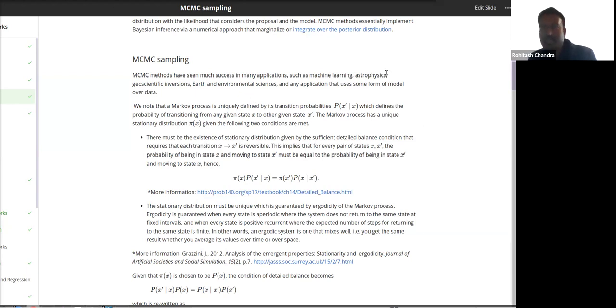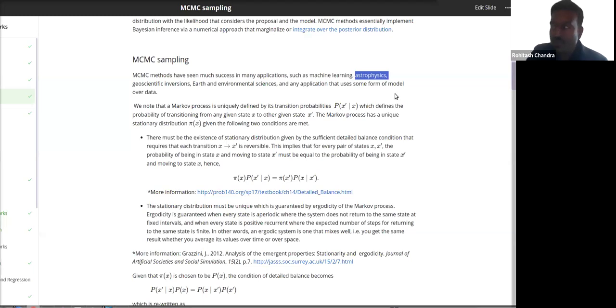So why are MCMC sampling methods important? Firstly, MCMC sampling methods are not just constrained to machine learning, right? You can use them for any type of models. In machine learning, you can use it for linear models. You can call them Bayesian linear models. So MCMC is a sampling algorithm, and it basically implements Bayesian inference. That's why you call it Bayesian machine learning, if you put it into machine learning. You can call it Bayesian astrophysics too, if you're using MCMC sampling methods to